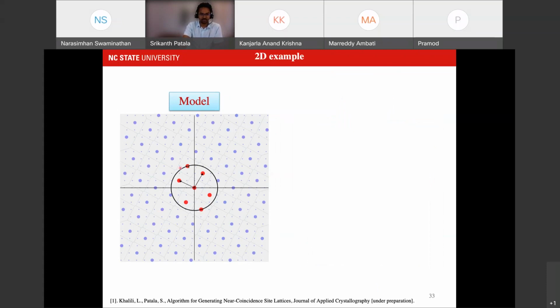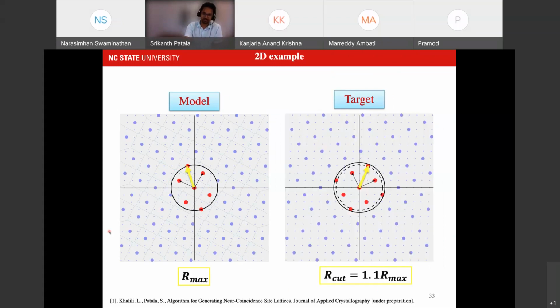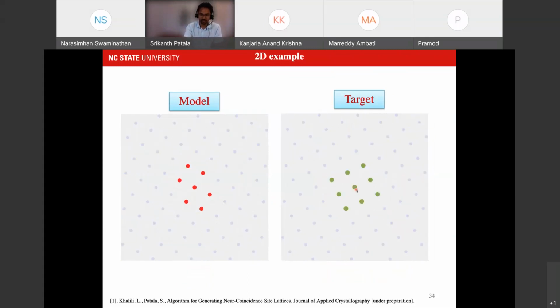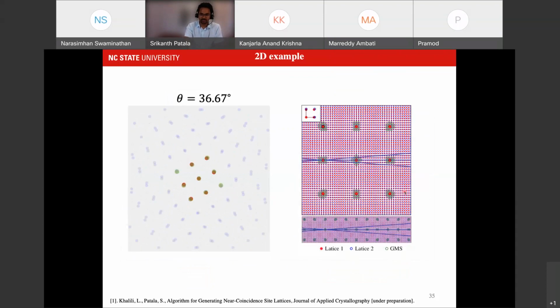To use this point pattern matching algorithm, we first generate a small pattern within one of the sublattices by taking an environment within a cutoff radius, and a larger pattern within the other lattice, which we call the target. So I slightly increase the cutoff, and then I take another pattern. Now I can compare these two patterns to get the orientation matching. So this is actually similar to